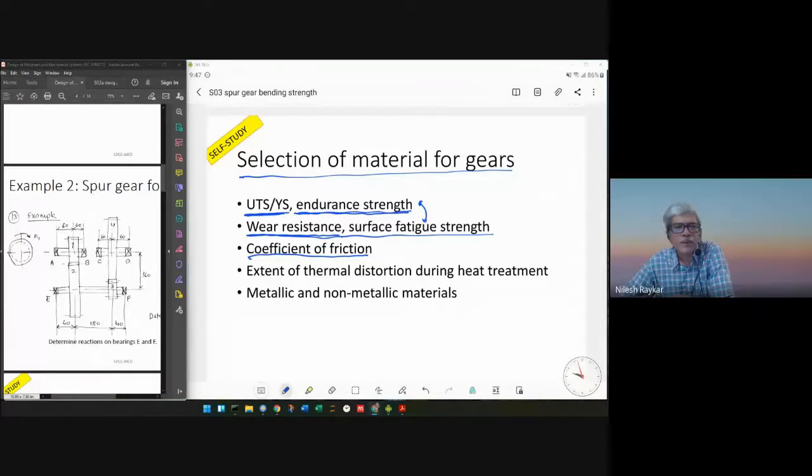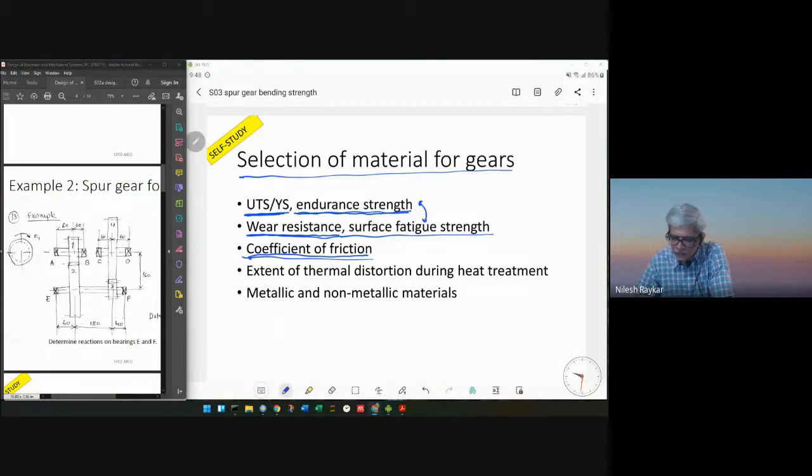Okay, so a similar thing we will see, not in spur gears, but in the case of worm gears, which we are going to study as a part of this. There we use the combination of steel and phosphor bronze, just like in the power screw, because there the efficiency is lowest, so there are a lot of losses. So reducing the friction is very important in worm gears. So there we use that combination. That part you can read.